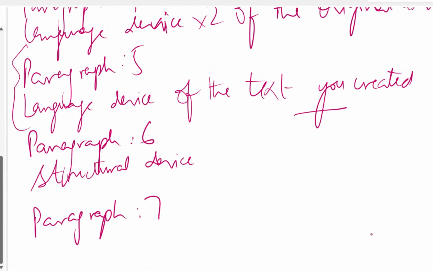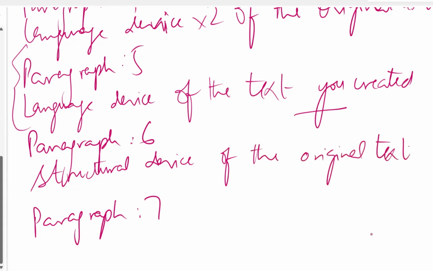We have already done it and you're quite aware about it. We structured it: how we do the narration, how we explain the story, what are the parts of the story which were mentioned in it, how the author has added meaning or brought interest to the reader. What were those places where the author brought the interest of the reader? Structural device